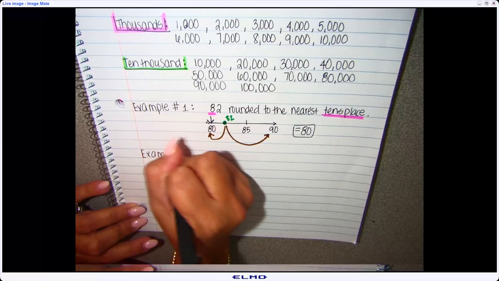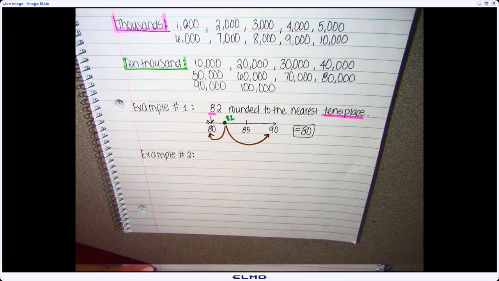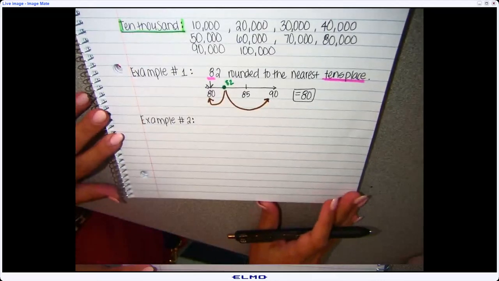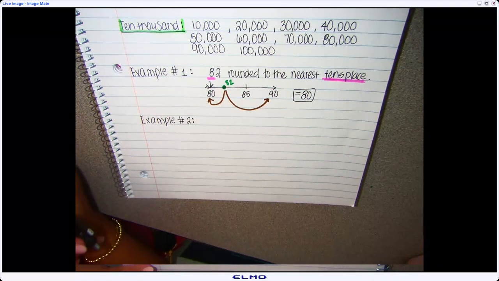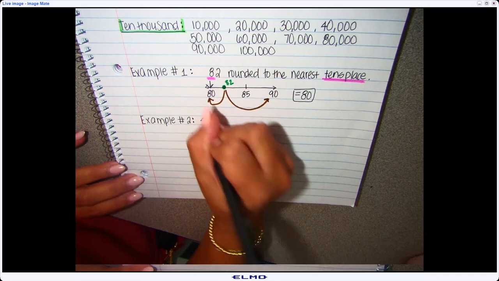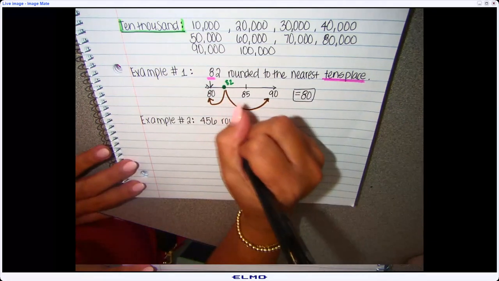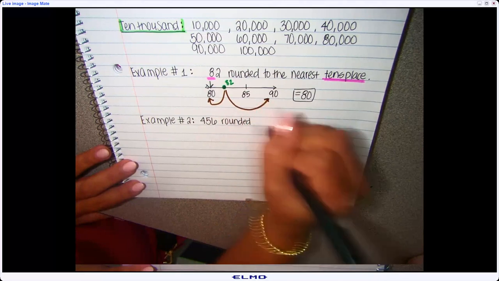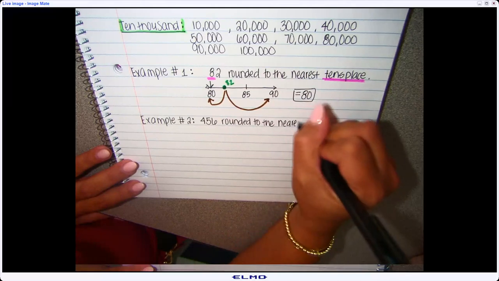Example number 2. Now we're going to go bigger because if we can do the small numbers, we can do the big number. Okay, 3-digit number. 456. So 456 rounded to the nearest